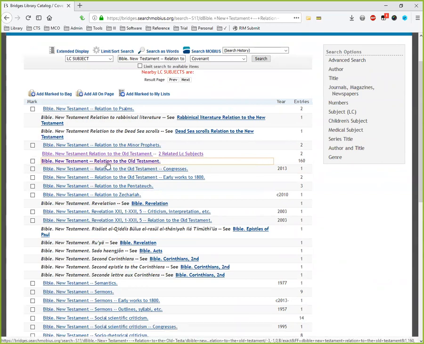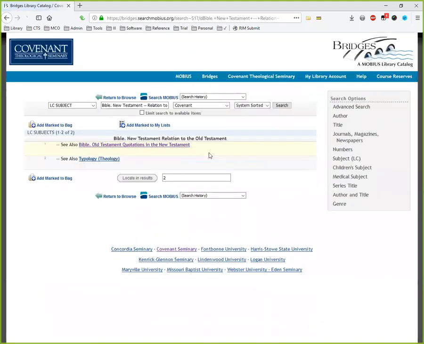But before I click on that, I want to look around a little bit. So I can see that, I can also do Bible, New Testament, relation to the Pentateuch. Okay, that's a good thing to keep in mind. And then above that, it's telling me that, hey, there are 2 other Library of Congress subject headings that I might be interested in, 2 related subjects, if this is a topic I'm researching. So let's see what those are. So we come up with Bible, Old Testament quotations in the New Testament. Again, that's super relevant for this project in covenant theology. And typology. And I click on this quotations one